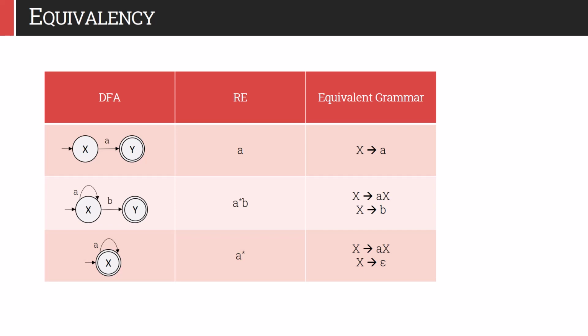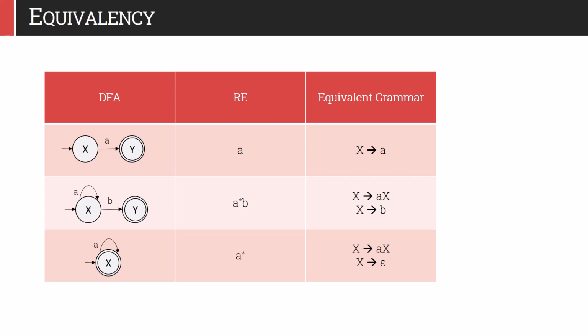Here, the initial state is the final state, and we have a self loop of a on the state. So this will read epsilon, it will accept string a, it will accept strings with 2a, 3a, 4a and infinite a. So ultimately, the corresponding regular expression for this would be a star, and the equivalent grammar for this would be